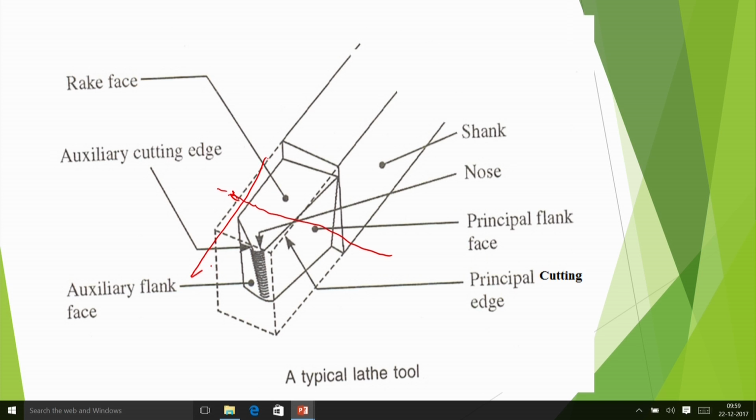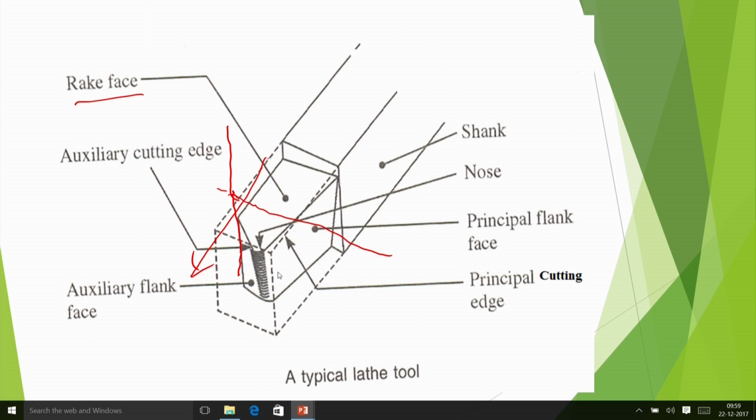Depth you give in this direction, and if you see from the top, then you will see this type of surface, the rake face, very prominently visible, and cutting speed is like this, vertically upward. So this surface is the rake face. Rake face is very important. Rake face you can see here, and this one is the nose. Two cutting edges are meeting at the nose. So this is the typical tool.